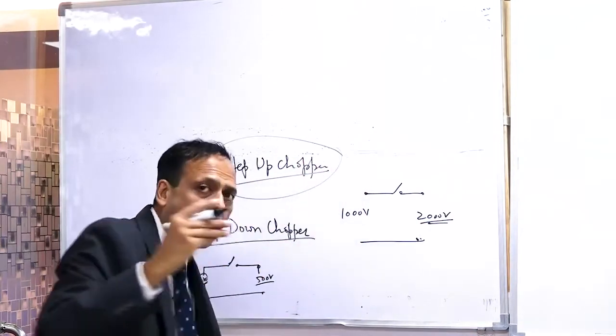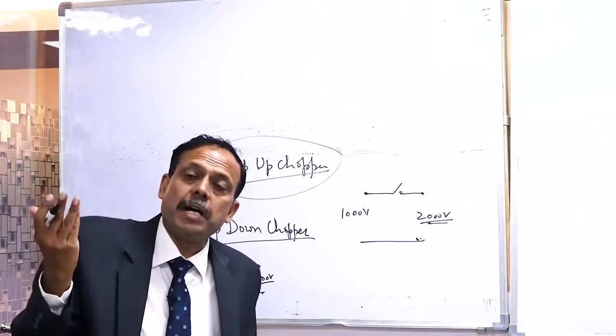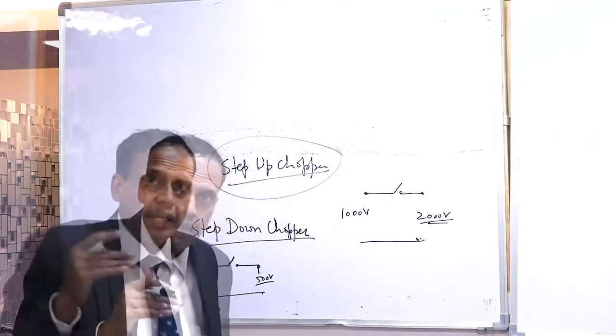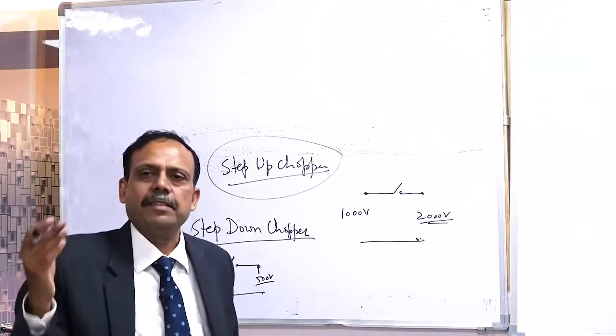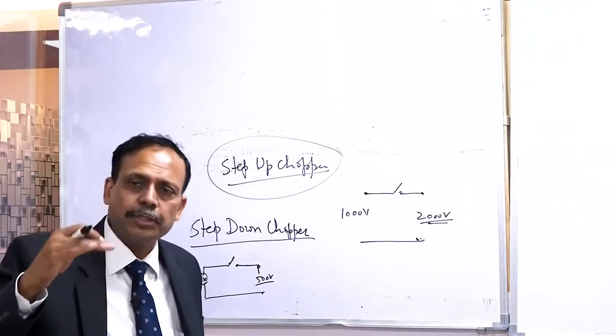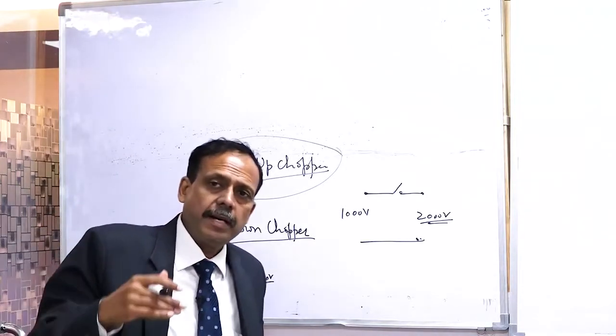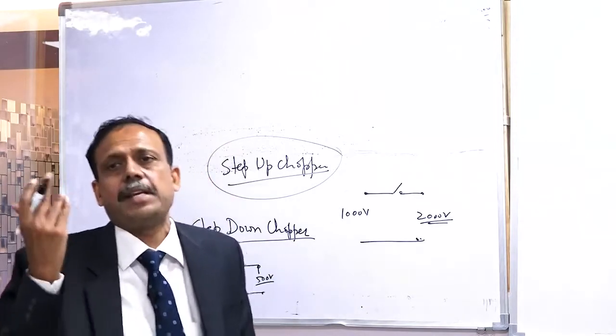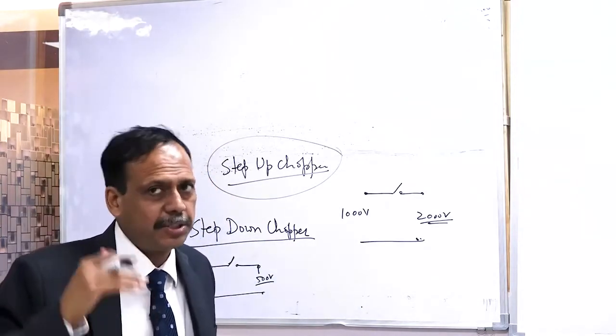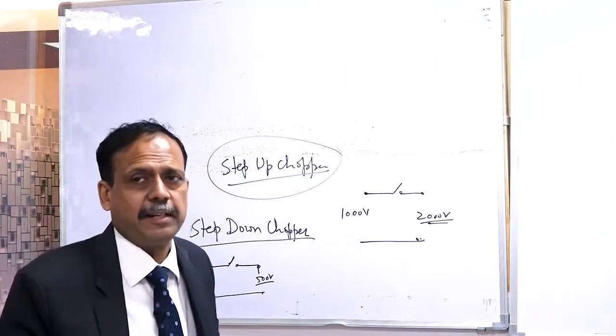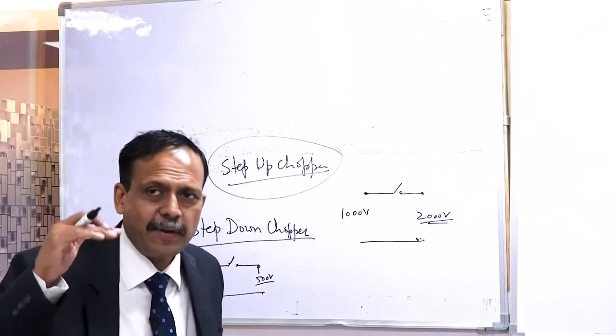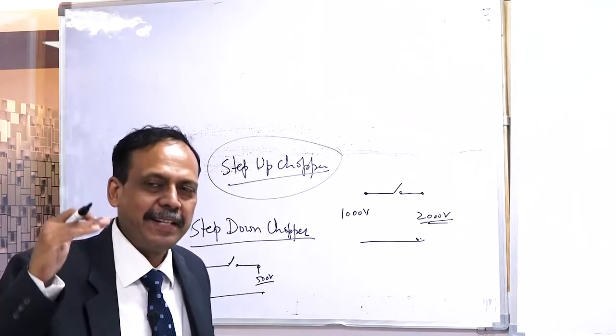Anyway, we will be discussing how the voltage can be stepped up, how the voltage can be reduced. Can you think of something else? Step down and step up is okay. Can you think of something else? Some other chopper is also there. What could it be? Just guess. Very good, step down, step up you have shown. Anything else is also there. That is an advanced quadrant, okay. That anyway we are going to discuss.